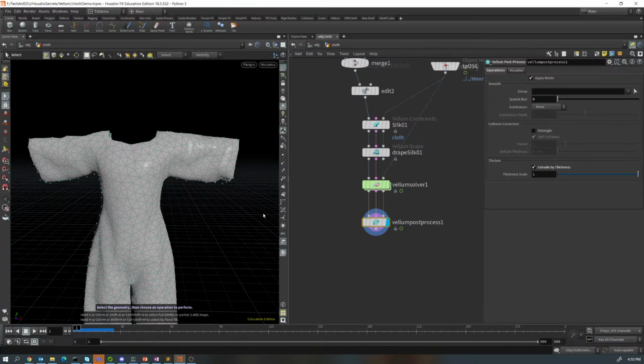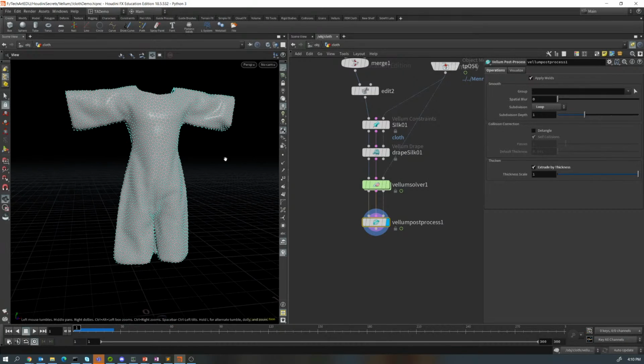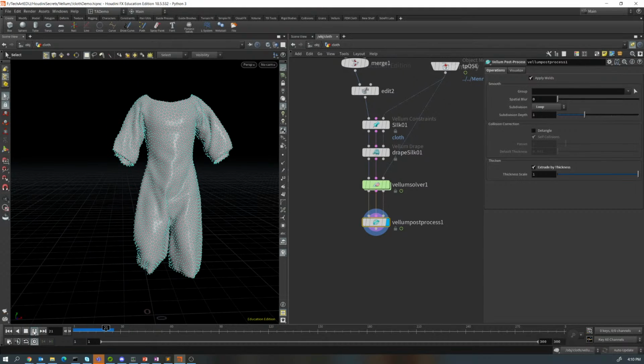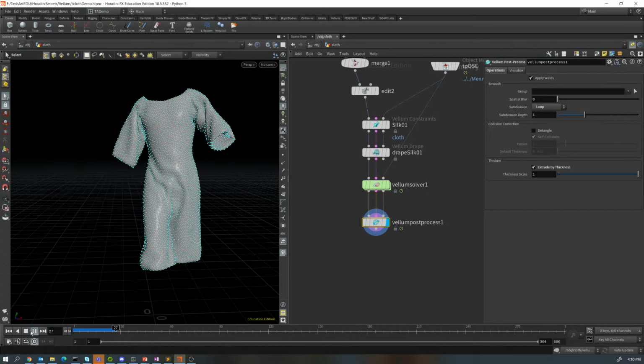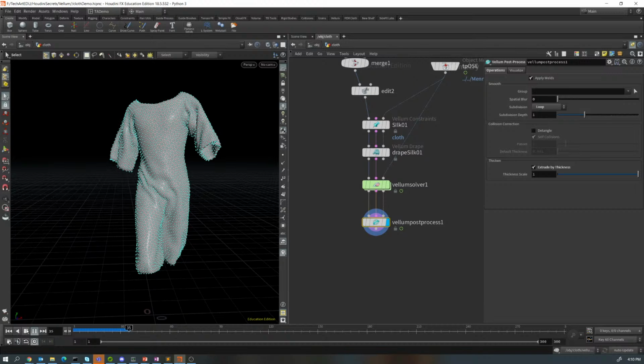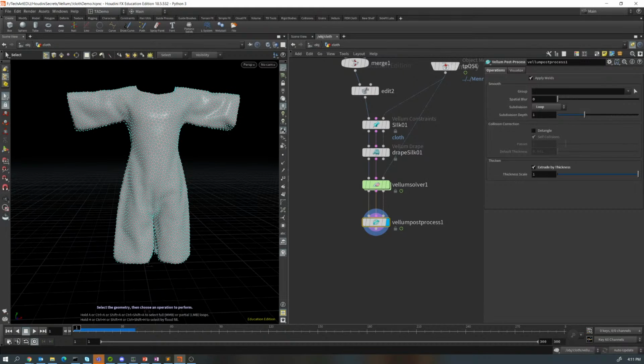But I don't know. So where it says subdivision loop, subdivision for the smoothness, let's go into that and make it loop. And so it really subdivided it even more so. So I don't know. We'll have to see how this works. All right, there you go. And now, let's go ahead and